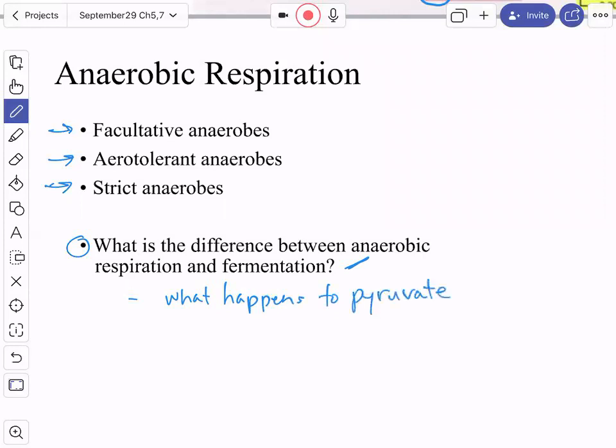That's a key branch point at the end of glycolysis. So basically, if there's a suitable electron acceptor, then the cell is going to be doing some kind of respiration. If there is no suitable electron acceptor,